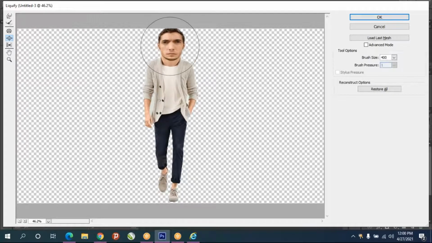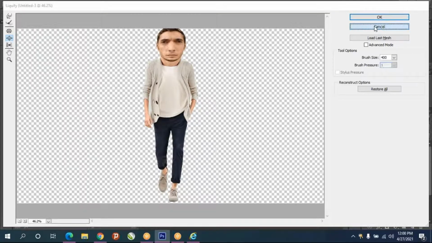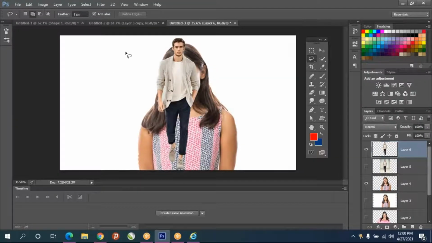Like this, images and all you may see. So when you want to create funny images, you can use Liquify, and if you want to make it fat or thin also, you can use the Liquify option.